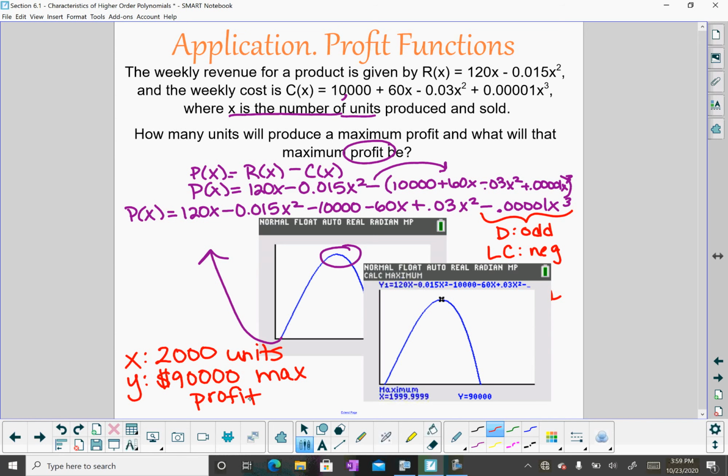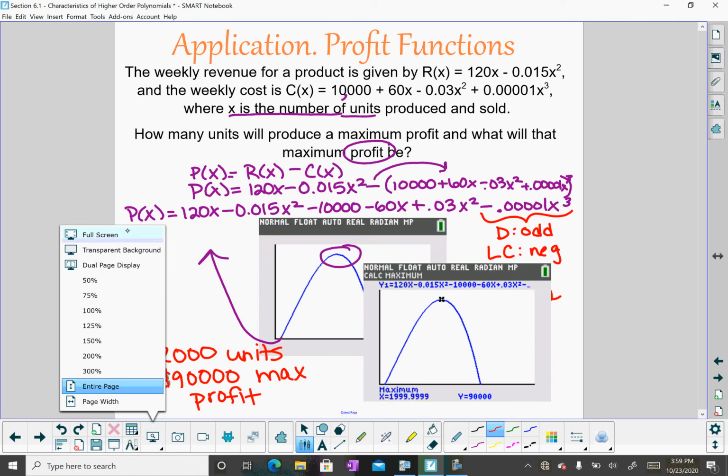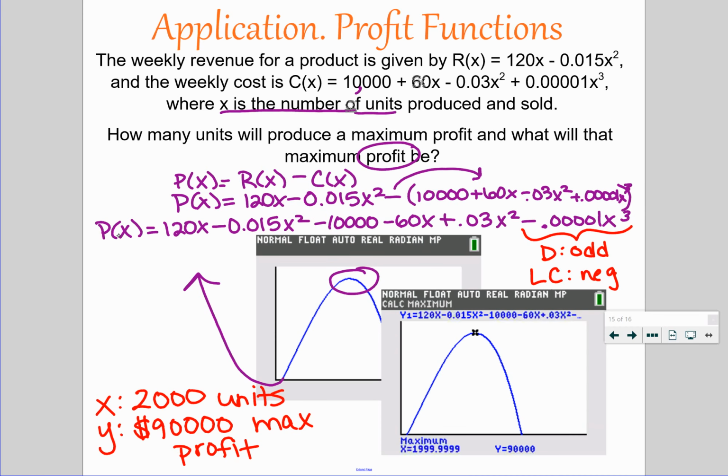Okay, so I know it's a little bit messy with the zooming and the window, and you're just going to have to play with that a little bit. It's going to be different for every problem, but the point of this lesson is you want to understand odd degrees and coefficients, positive and negative, even degrees, how that all relates to make sure you're seeing a full view of the picture. And I will tell you, a lot of the MyMathLab problems are going to